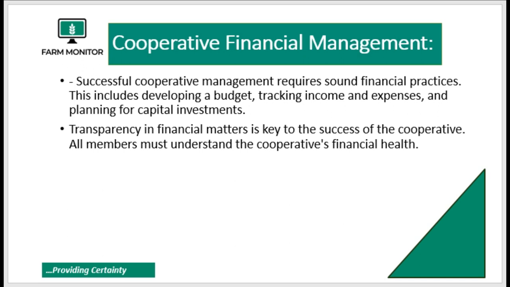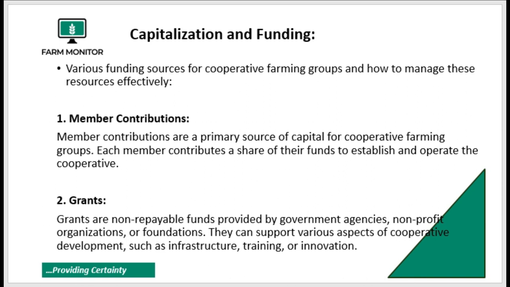Successful cooperative management requires sound financial practices. This includes developing a budget, tracking income and expenses, and making plans for capital investments. It's essential that all this is done transparently, as this will determine the success or failure of the cooperative. There are various funding sources for cooperatives. Some include: number one,